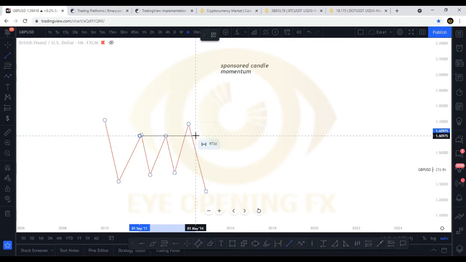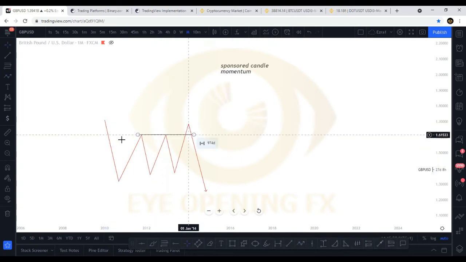It traded these two highs. It traded these two what? These two highs. So this last candle here, the last candle, depending on the time frame that you are following